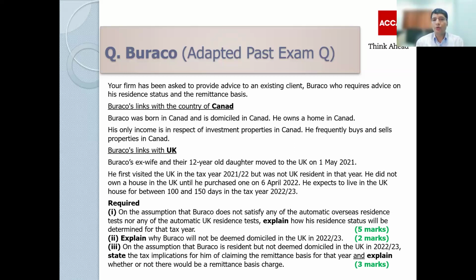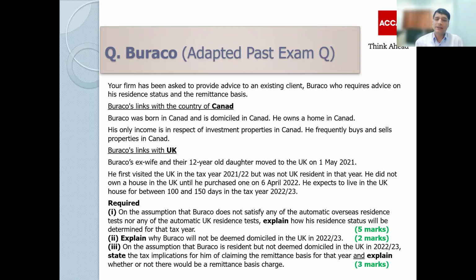Then if those automatic overseas tests don't get satisfied, you move to the automatic UK test, AUT. If the AUT is also not satisfied, then you move on to the sufficient ties test. So there is a system. You always begin with the automatic overseas test. The automatic overseas test simply means there are 3 primary